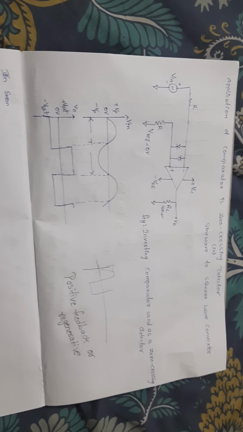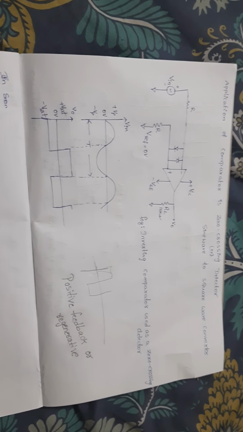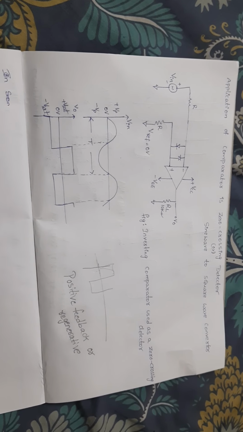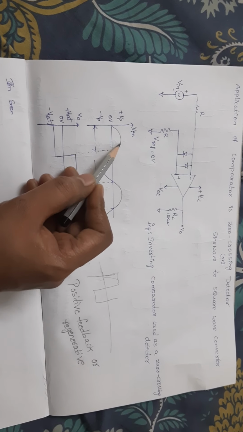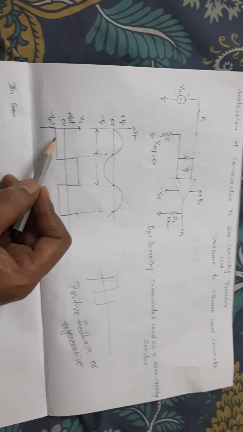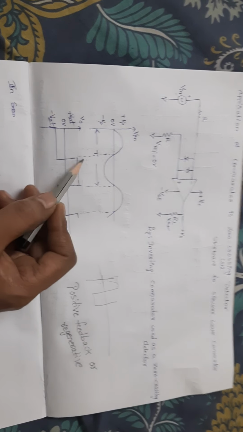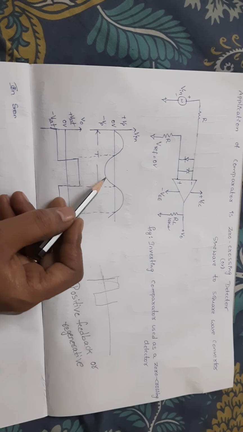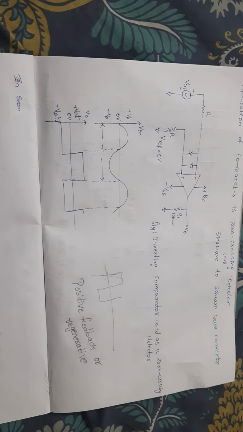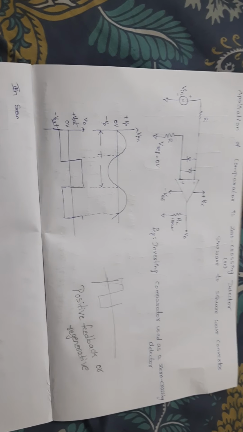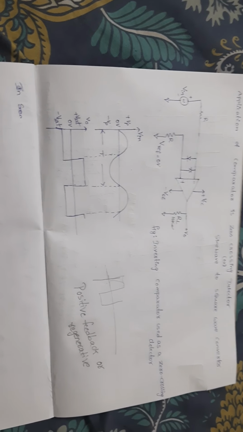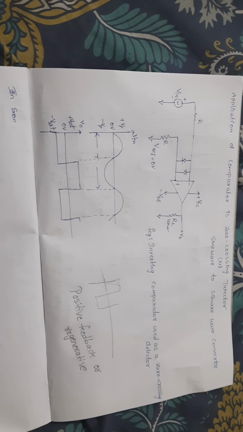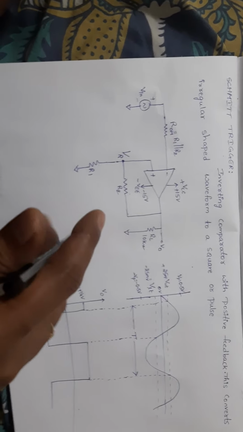Why? Because noise is made the reference in negative feedback circuits. So to eliminate that, and also sometimes the input is slowly varying, so the output is also very slowly varying. Yes, so the time gap changes, the variations change at this reference level. So to eliminate that also we are going for this positive feedback or regenerative circuit. One of the positive feedback or regenerative circuits which we are going to study is our Schmitt trigger. Okay, Schmitt trigger.